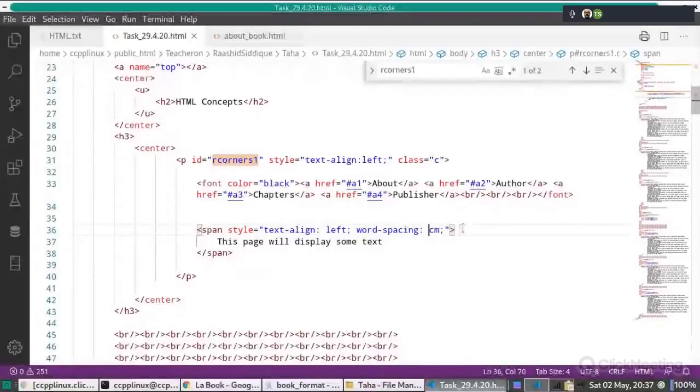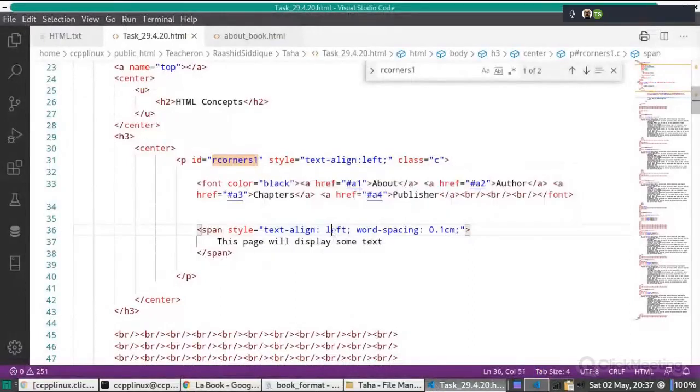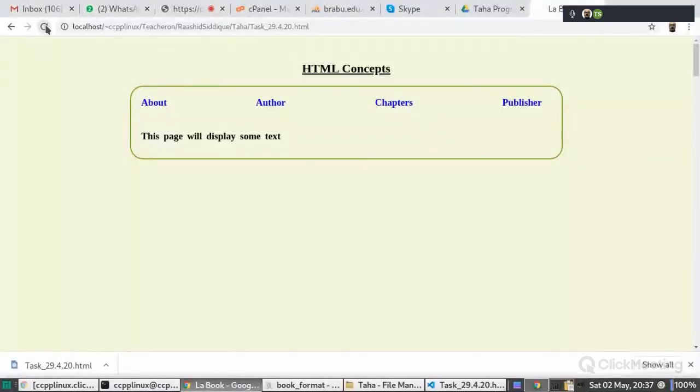Can we change it to 0.1 centimeters, even smaller? Look at that, like this. Now we can put here center text align. Now it will be center aligned.